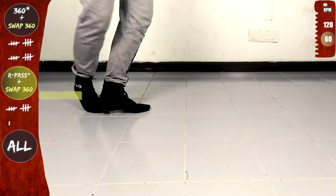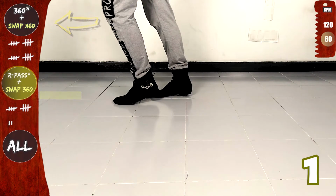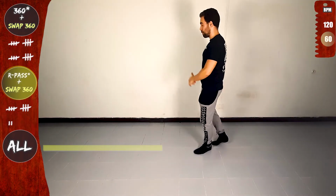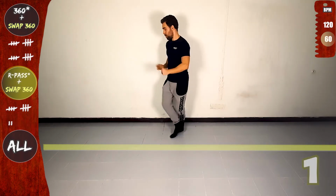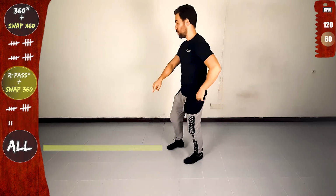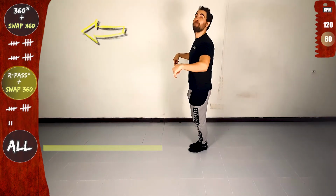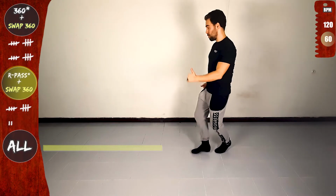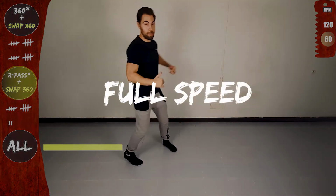cross to the back, rotate and on the line, basic offline, 1, 2, 3, you can smile, yes. Back, cross to the front, forward, now right pass with an anchor, cross to the back, front, side, back, on the line, and anchor, now swap 360, yes. Back, cross to the front, open, cross to the back, rotate and full speed,